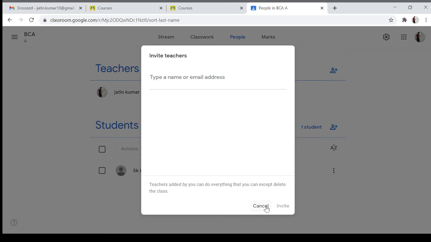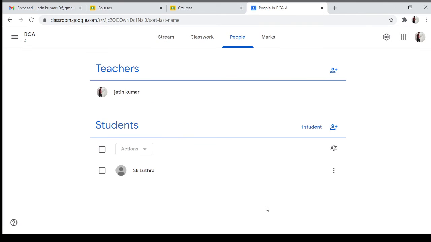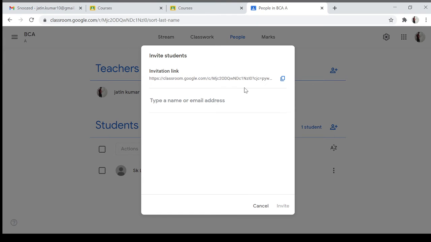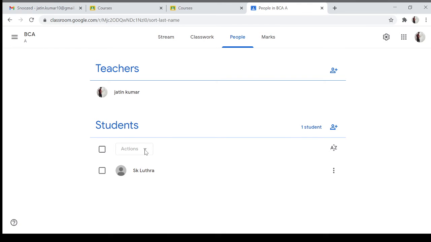They will be automatically invited, and when they join, they will join my BCA class at the same time. If you want to add more students, similarly you can invite them by email address, and the invitation will be sent to their emails.